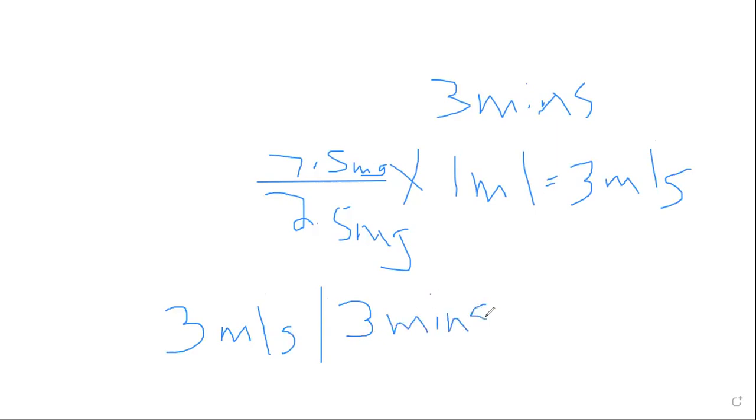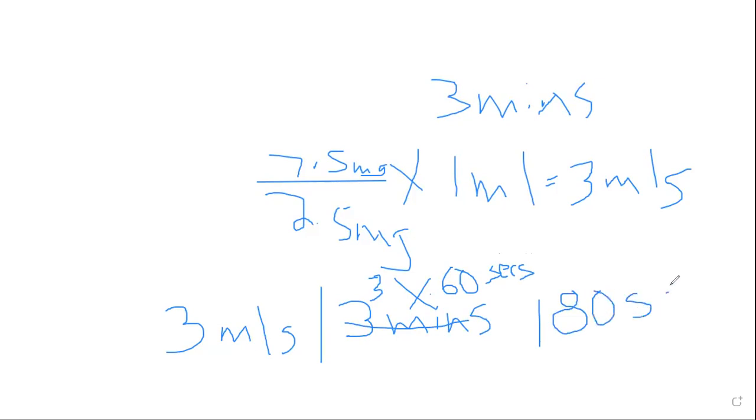Now it wants to know how many we're going to give in 30 seconds. I mean, in 15 seconds. Okay. So how much in 15 seconds? Okay. So the first thing to do is let's take the 3 and multiply that times 60, because we know that there's 60 seconds in every minute. Okay. So that gives us a total of 3 mLs over 180 seconds. Now it wants to know how much in 15 seconds. So if we take 180 and divide it by 15,